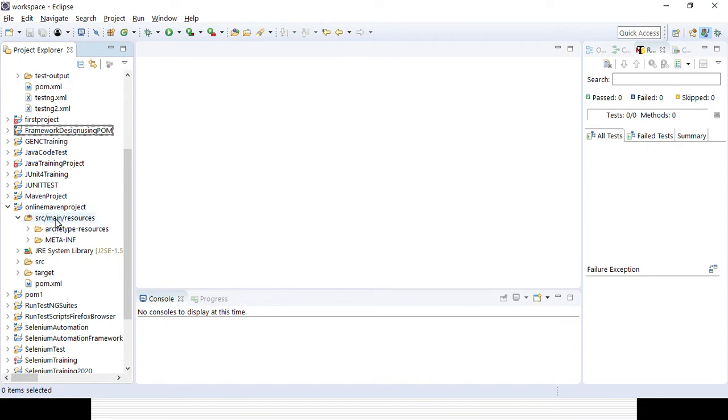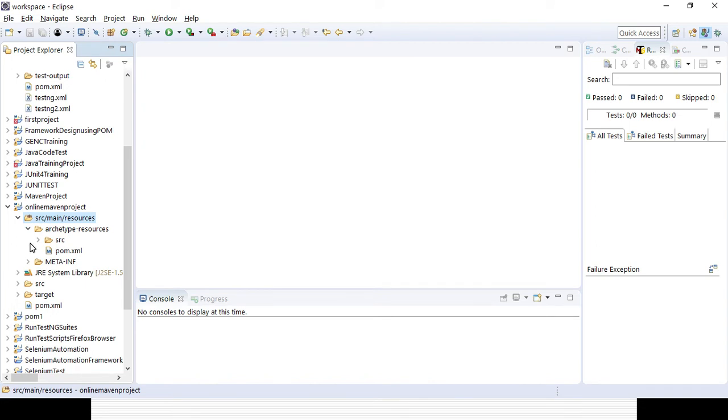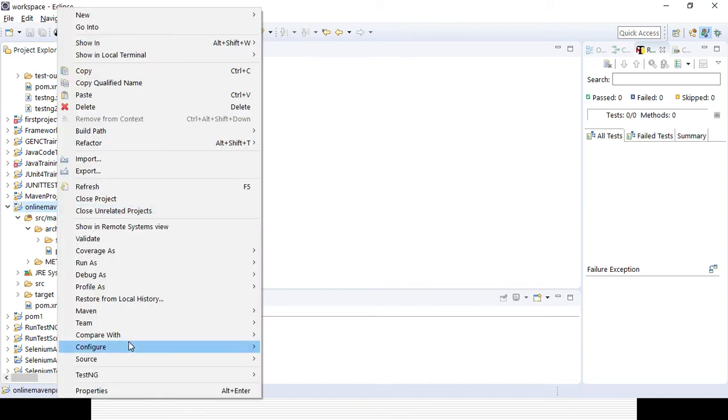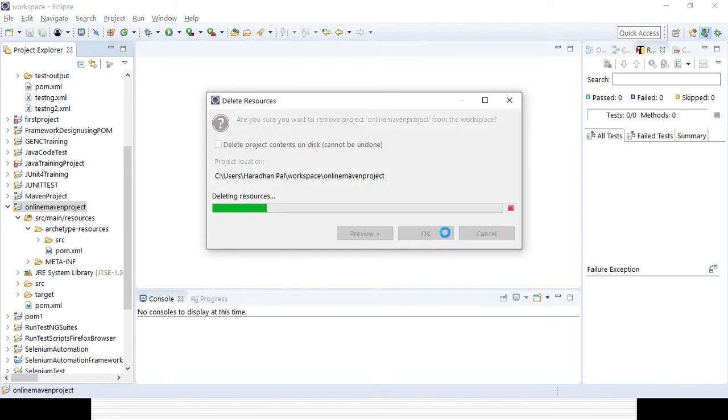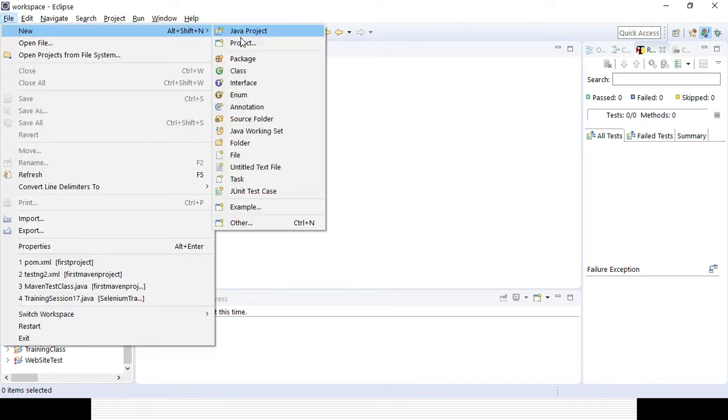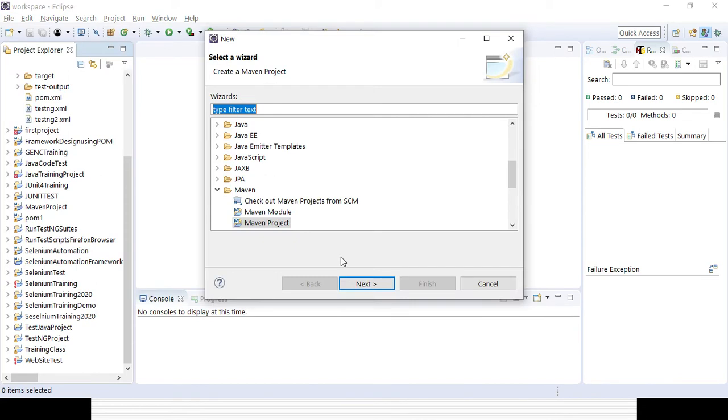If you go to that folder, by default the resource is created, but you can create some package. Here I am seeing some problem. Under SRC also some sub package has been created. I can remove the project and create a new one. Let's try to remove it. Otherwise you can create it by selecting the options. There is not much difference, you just need to create a Maven project.